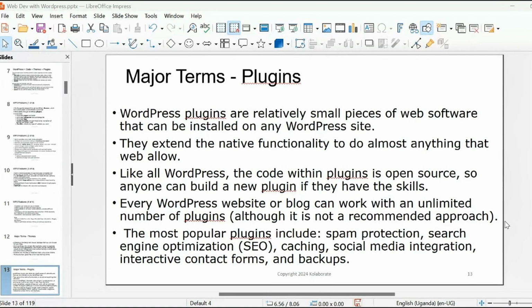So Janet is asking, does the customization for different devices need to be done individually? If you're writing your website using code, yes, you need to customize it differently on all devices. There are certain content management systems that only build for one device, a particular device, so you need to do it differently for different devices. But what WordPress does, it makes it easy for you to build for all devices all at once. What you do is you look at what we call responsive mode. It will show you how your website is looking on a computer, on a mobile device or on a tablet, in landscape mode, in portrait mode, so that you can edit it accordingly and it will look good on all devices.